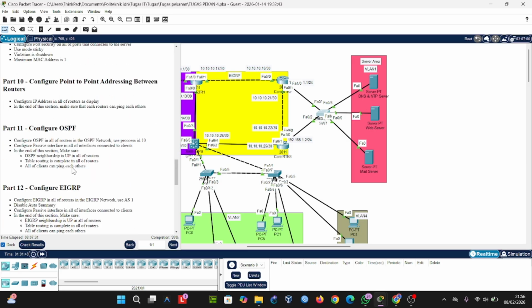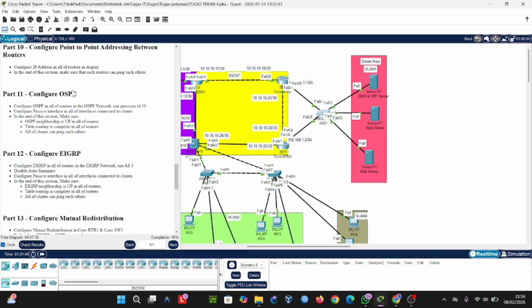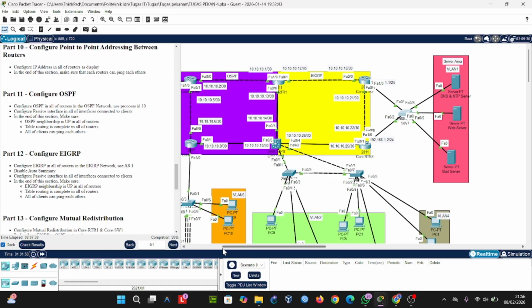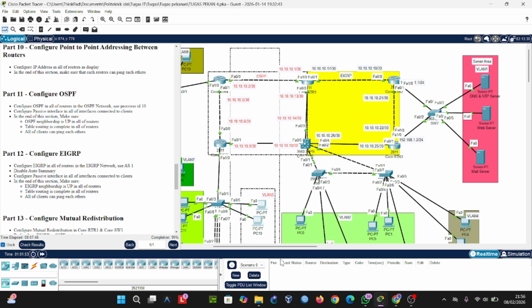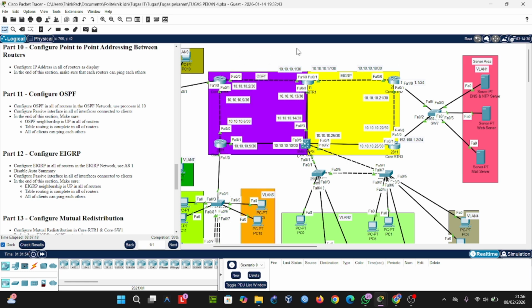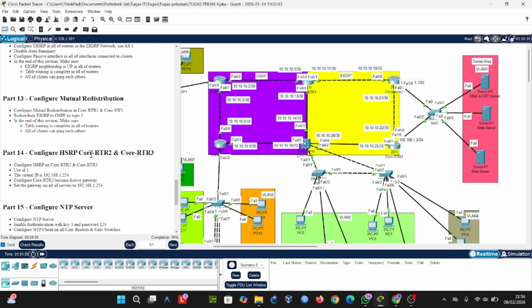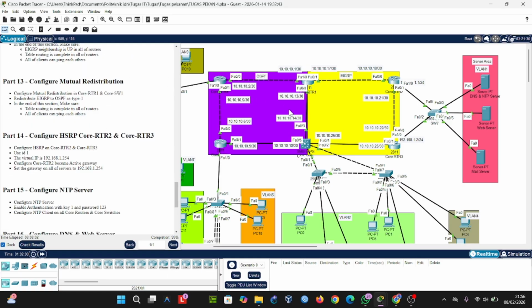The continue configuration. This is OSPF and EIGRP, representing the configuration of OSPF in this area and EIGRP for this. Continue is the neutral decision.